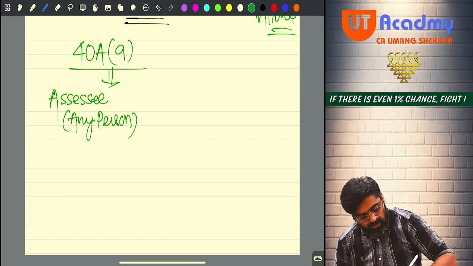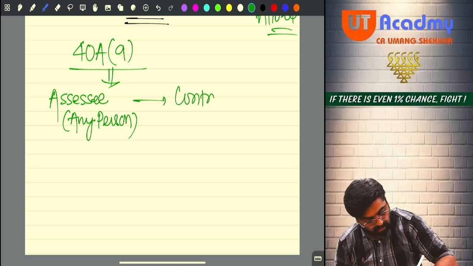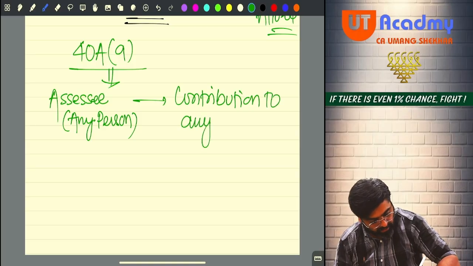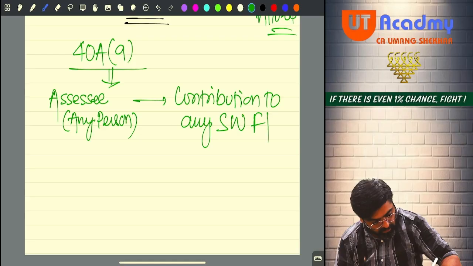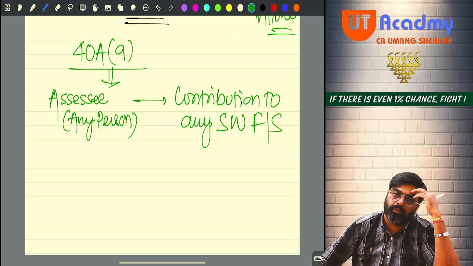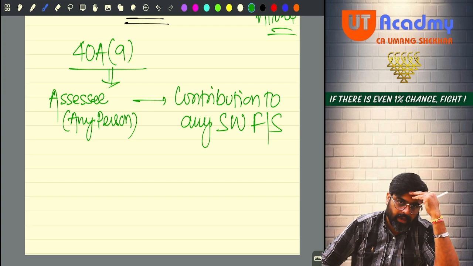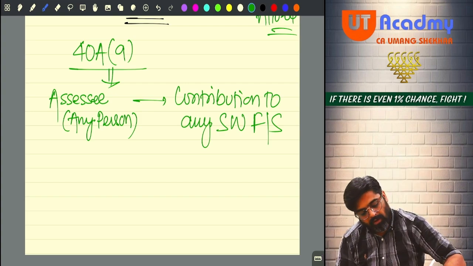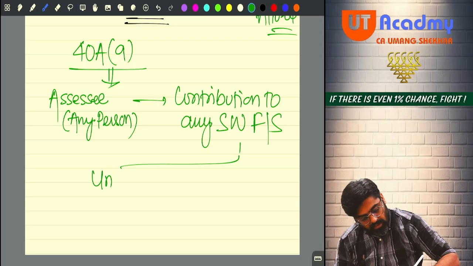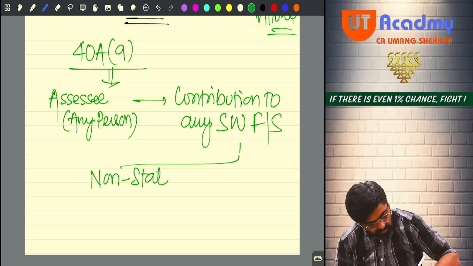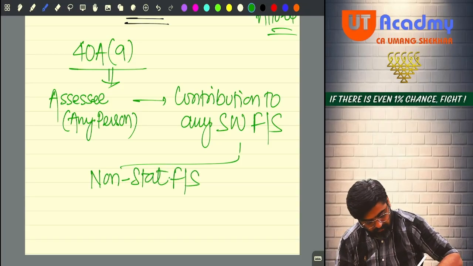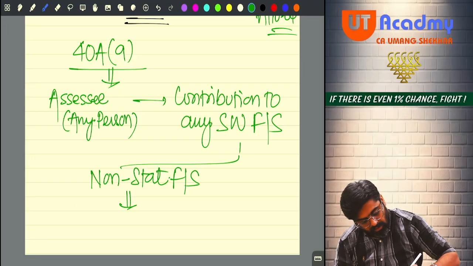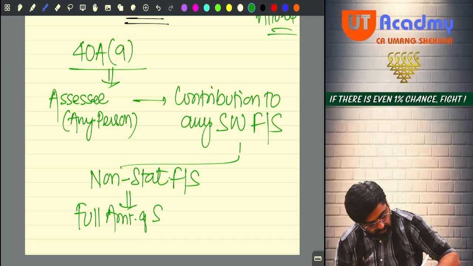Now this assessee is making a contribution to any staff welfare fund or scheme, a contribution to any staff welfare fund or scheme which was a non-statutory fund. Non-statutory fund or scheme. So whatever amount of contribution, full amount of such